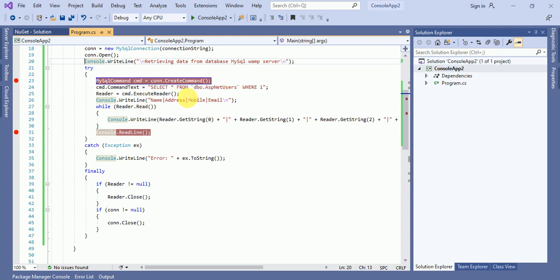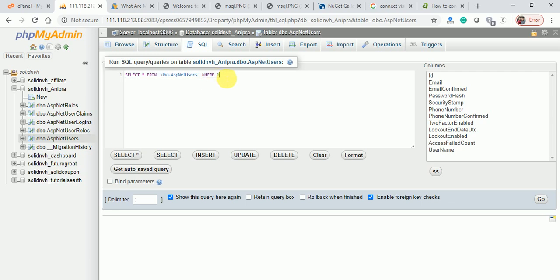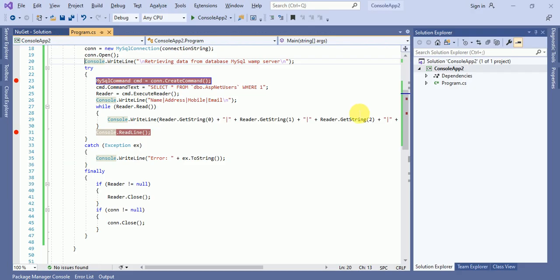Here you can see select asterisk from dbo ASP.NET user where one. This is the command I want to try, and I want to find email and confirmed email.